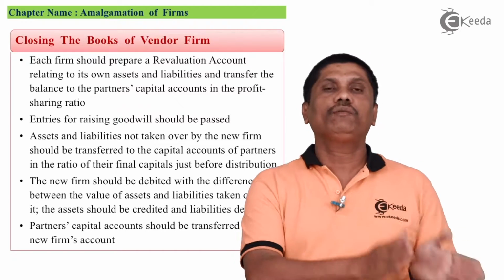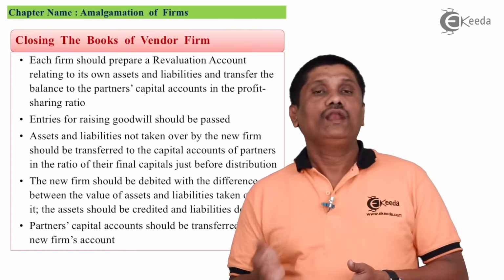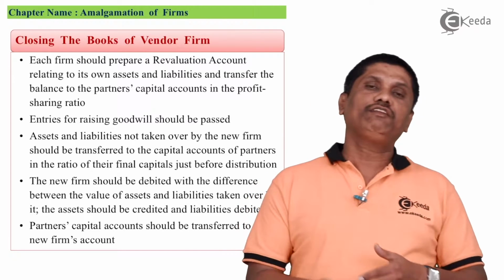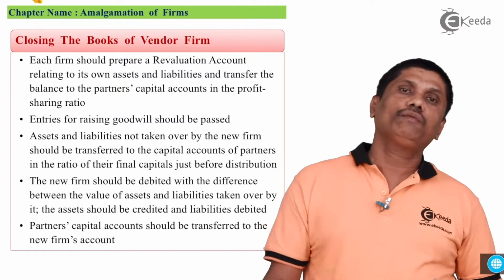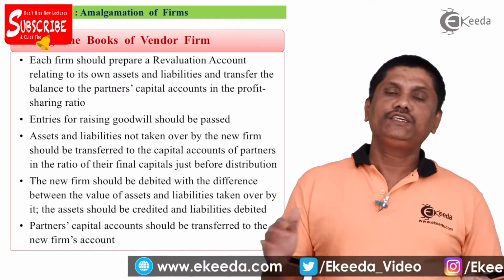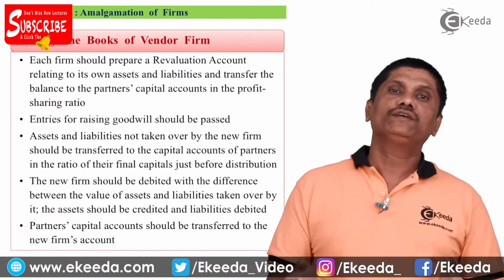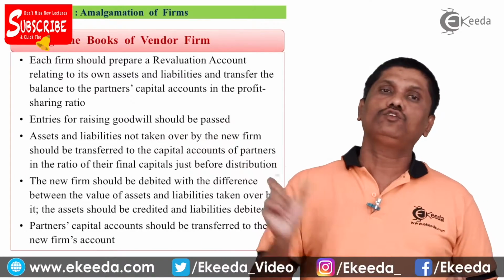My entry will be new firm account debit to asset account. Liabilities will be transferred to new firm. My entry will be liabilities account debit to new firm account will be credit. In this way, new firm account will have some difference, and that difference will be disclosed by your partners'